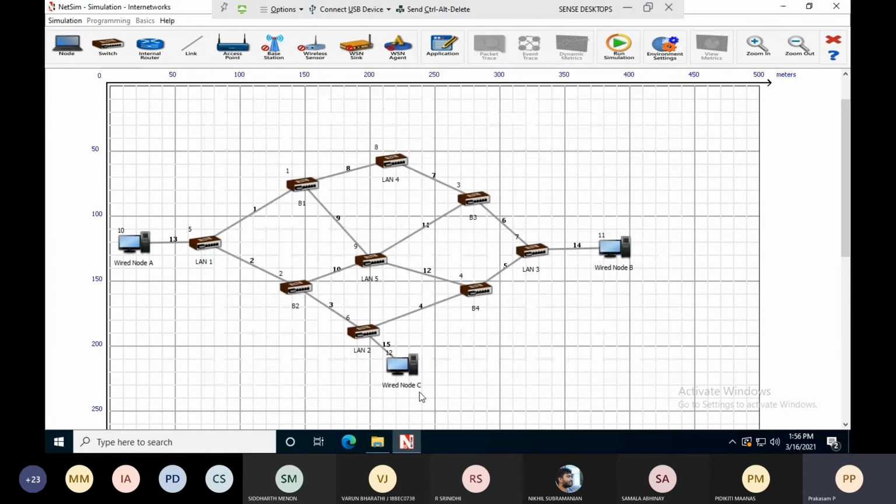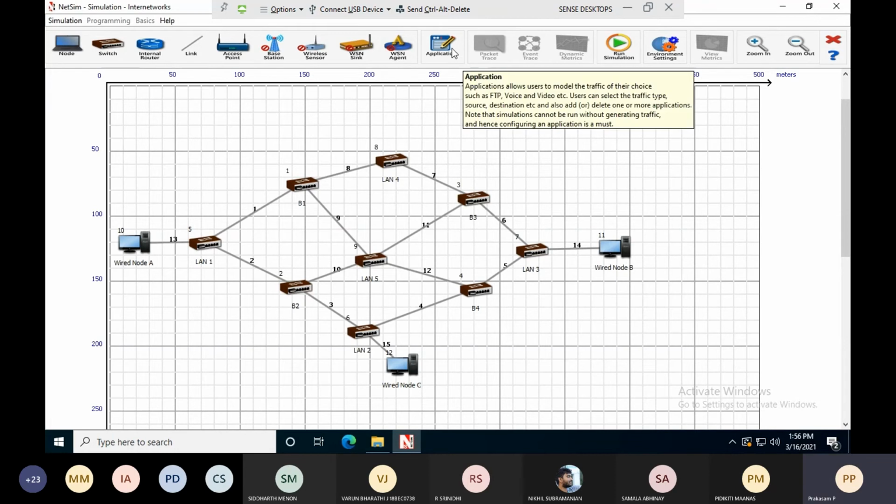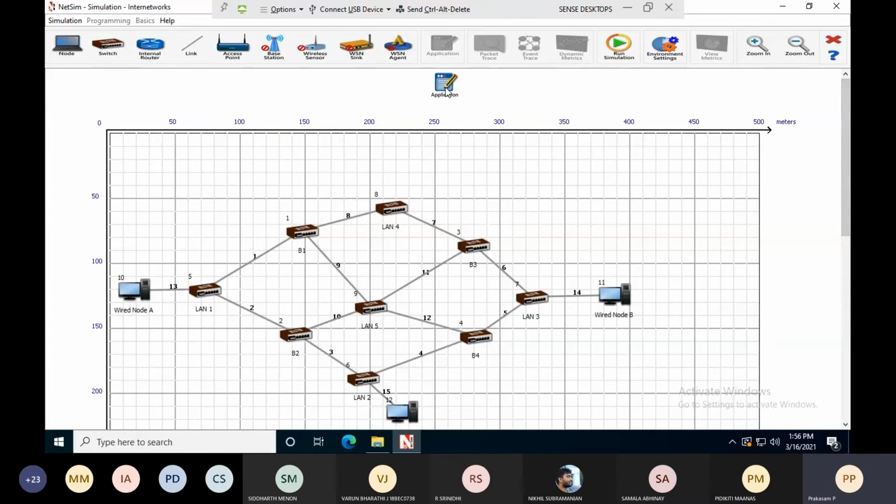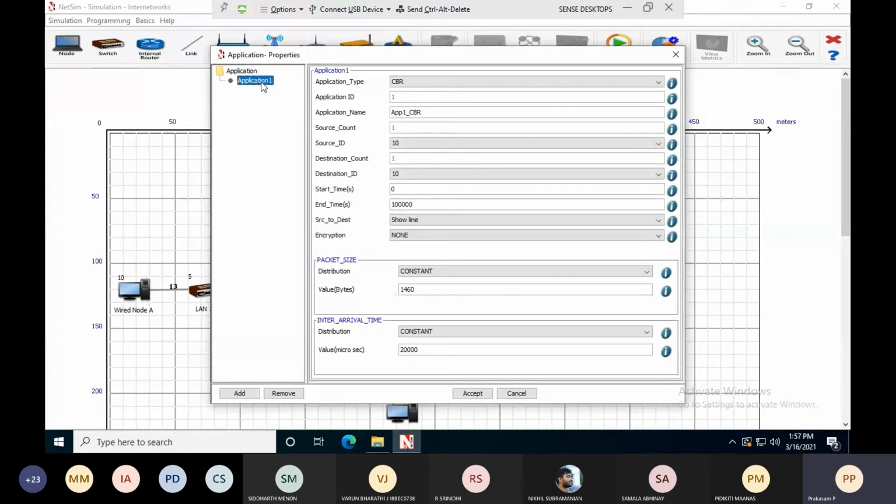Now, as per the given diagram, the given priority, and the given LAN cost, I have configured the entire network. The next step to run this is to define the applications. Click application, just paste it. Right click application. Since you have 3 nodes, you can define 3 applications. Right click properties, application 1.